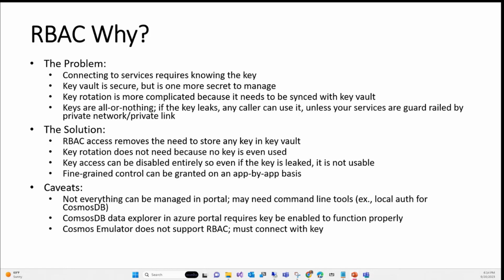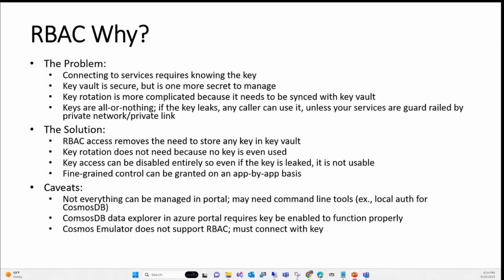Okay, so those are the problems we talked about. What is the solution? RBAC is the solution, right? You don't need to store those keys, either as part of the application or in a key vault, and let the application see the keys, right? You don't need a rotation because there is no key involved. You can disable the key access entirely. That's what is called local auth. Local auth is by default enabled for some services and disabled for other services if you create them without setting the parameter. If you set disable local auth to true, that means nobody can use the keys mechanism. The only option left is to use the RBAC mechanism.